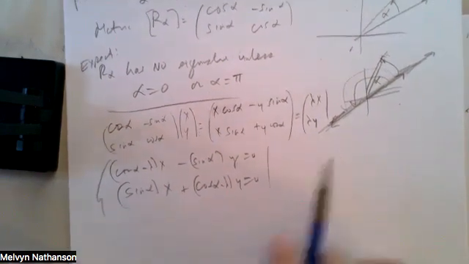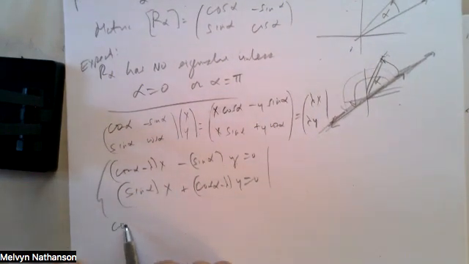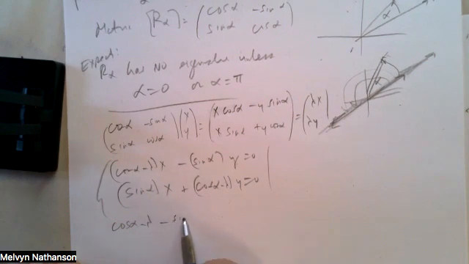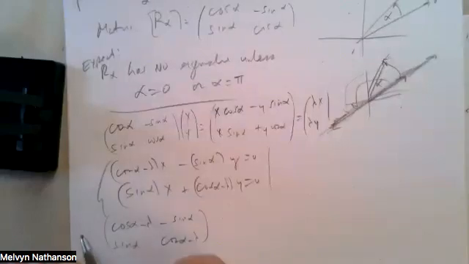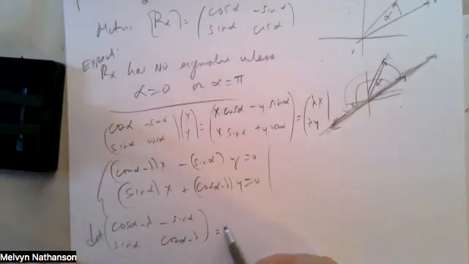And the corresponding matrix of coefficients is cosine alpha minus lambda, minus sine alpha, cosine alpha minus lambda. And the determinant of this is